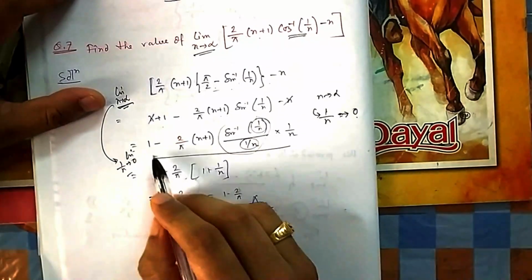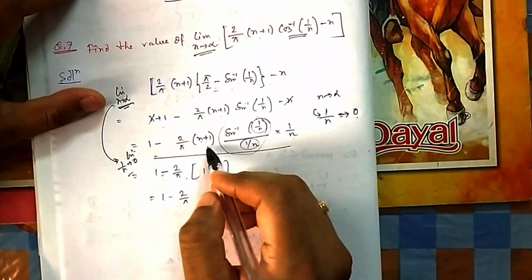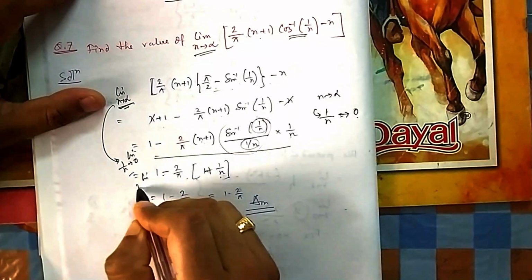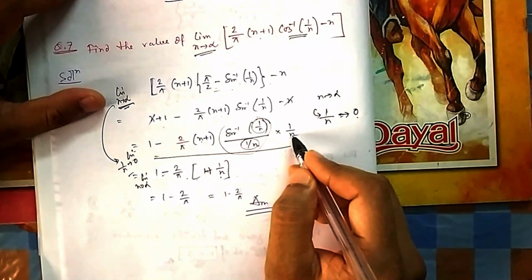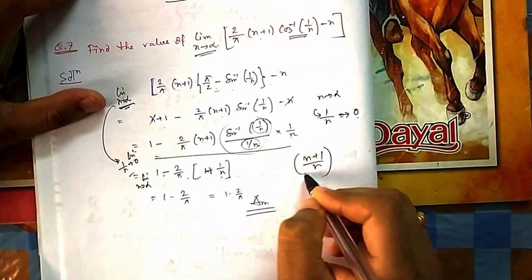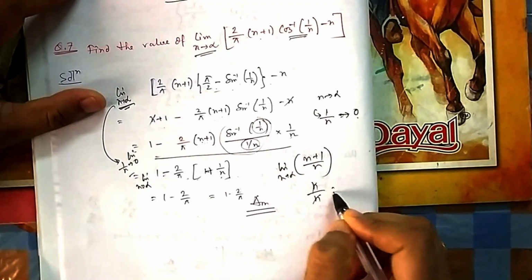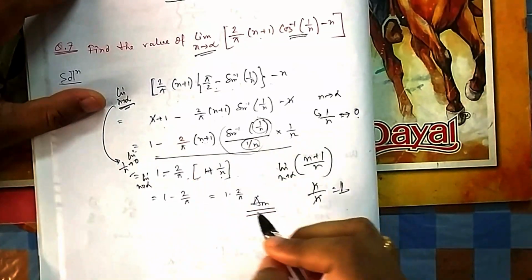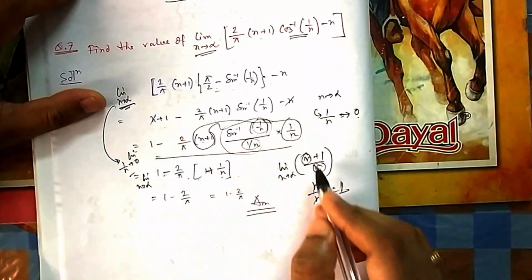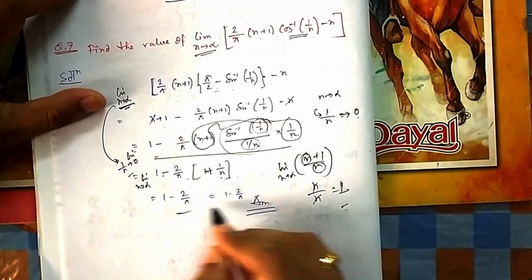So you can now write the answer as 1 minus 2 by pi into n plus 1 divided by n. If you divide by n, it is 1 by n. Again n tends to infinity, because your limit has not vanished, just this is gone, but n is remaining, and this will be n plus 1 by n. I have already shown you, if it is algebraic, it is always highest by highest, n by n, answer is 1. No need to divide it by n also. If it is poly by poly, then you can directly apply this. So this will become 1, so it is 1 minus 2 by pi, that is your answer.